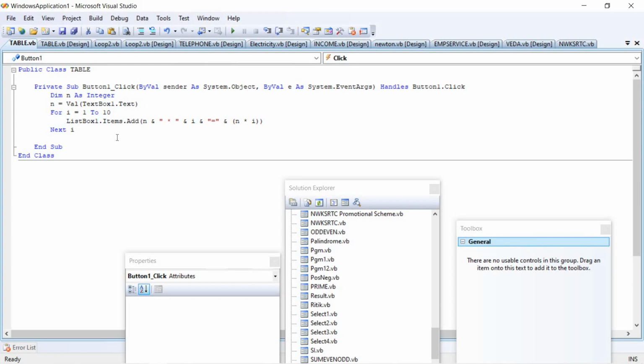Multiplication table. Let's take the 2 table. 2 ones are 2, 2 twos are 4, and this has to go till 2 tens are 20. That is 2 ones are, 2 twos are, the same way 2 fives are, till 2 tens are. For that, the start number is 1, the end number is 10. Correct? After each iteration, it has to be displayed in the list box 1 Items property,